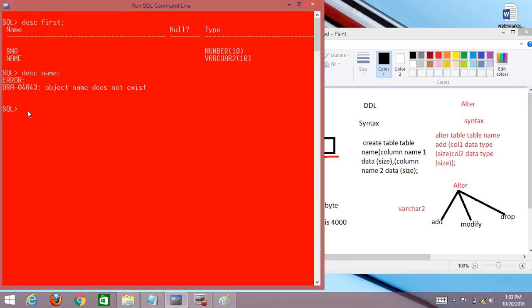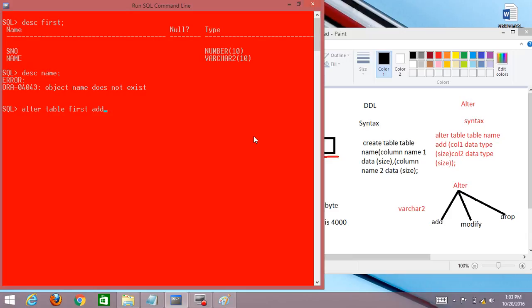Using this table, how are you using it? ALTER TABLE first. You see the syntax: write ALTER, write TABLE, write table name, write ADD.